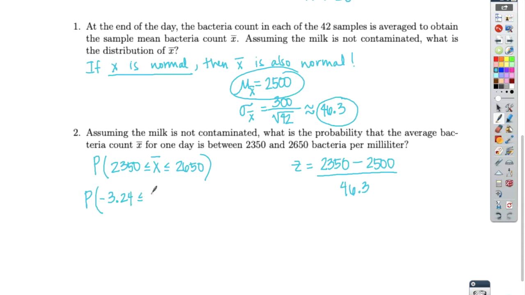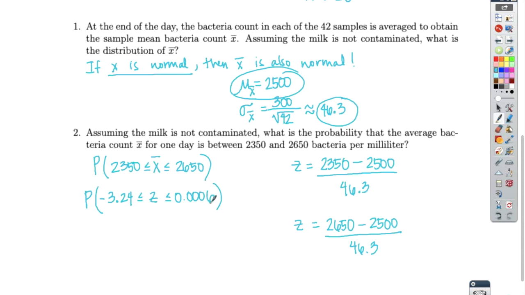So this is going to be my new probability question: the probability that z is between negative 3.24 and something else. So I'll do this now for the larger value. If z equals 2650, I'll subtract 2500, the mean, divide by 46.3, the standard deviation, and throwing that into my calculator, I find